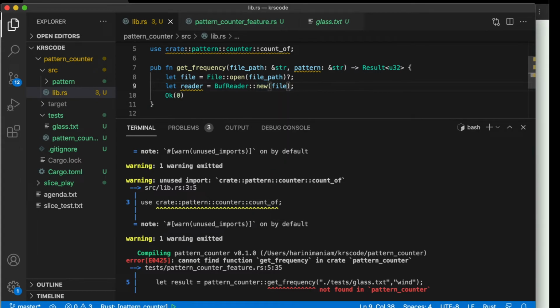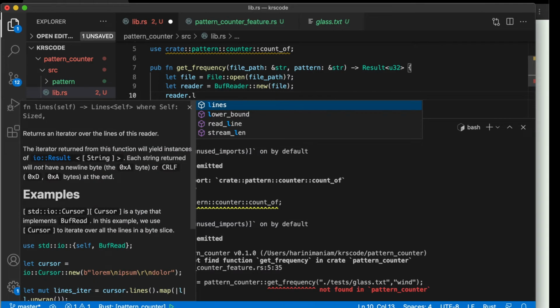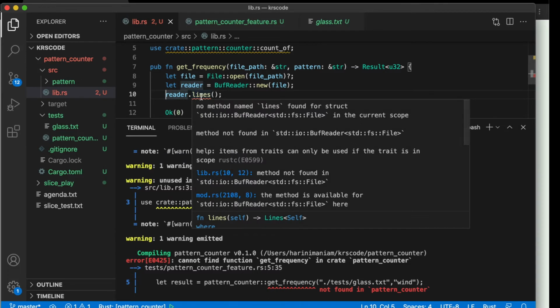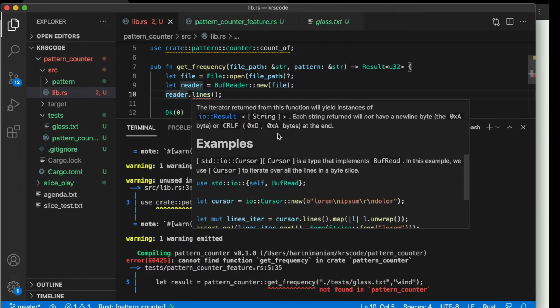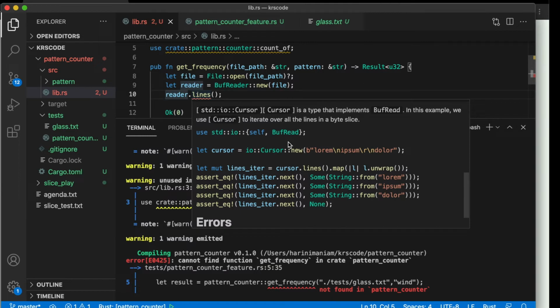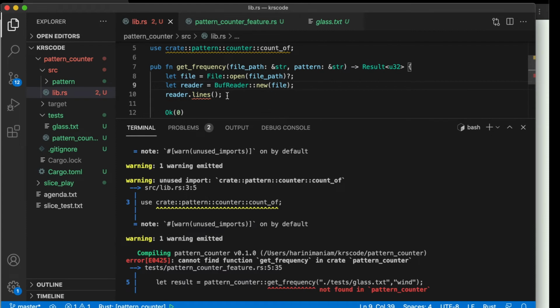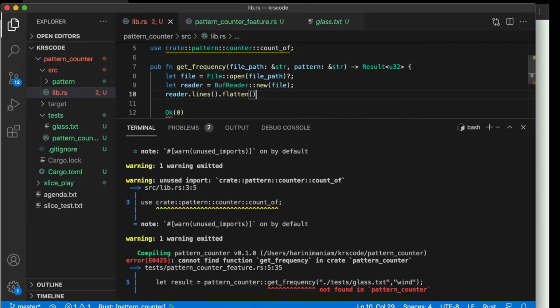And in addition to that, this BufReader will have some mechanism to give me the lines. Yes, it has lines, and this lines seems like a struct. The way that we can effectively use these lines is, once we get the lines, we can use this to flatten that. And once we flatten this,